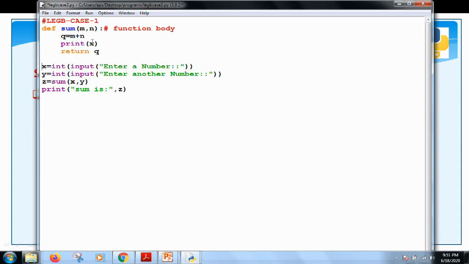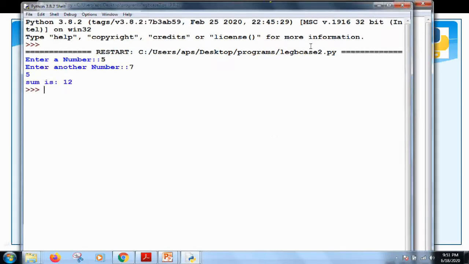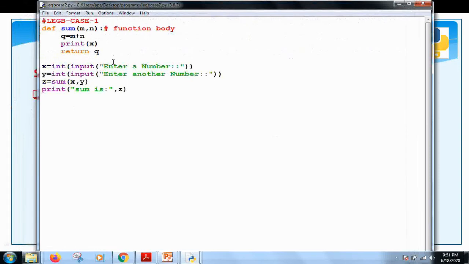If the variable x is not here, then Python will return an error. But in this case, variable x is globally available, so we are able to get the value of x printed inside the function.